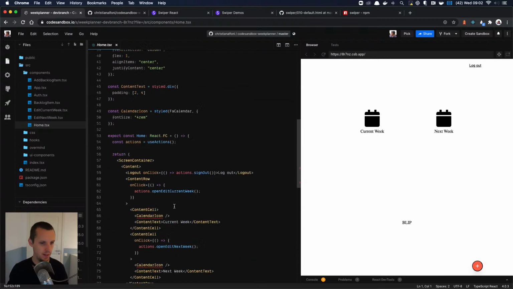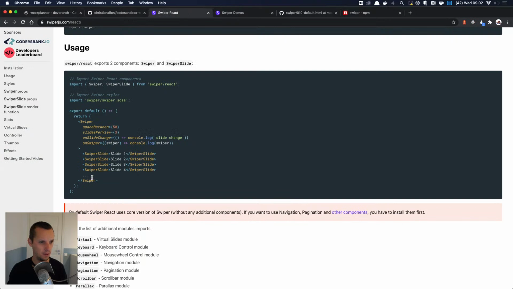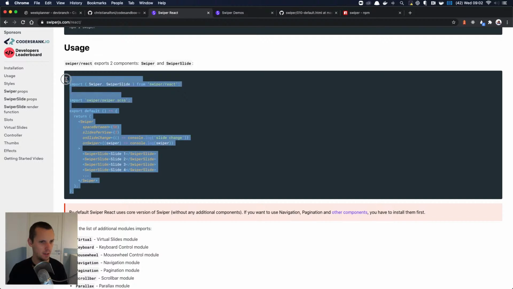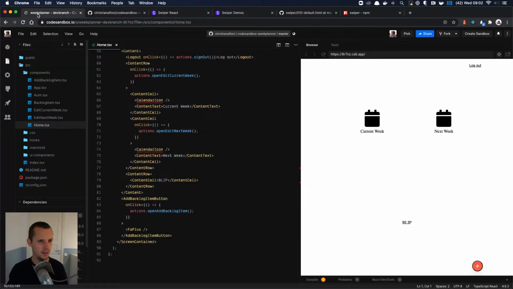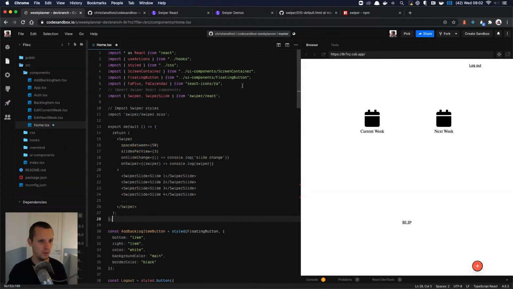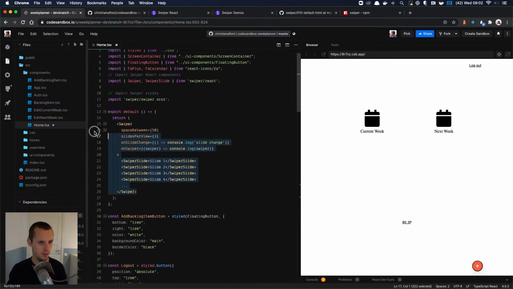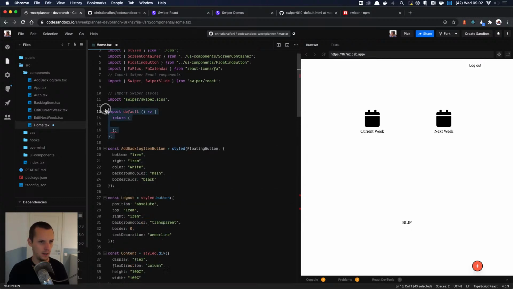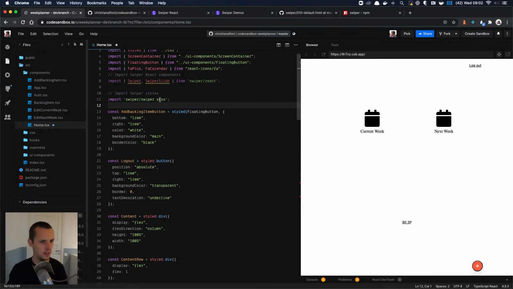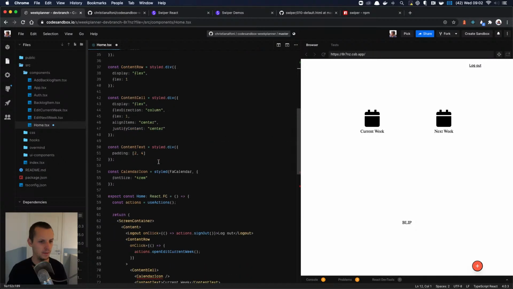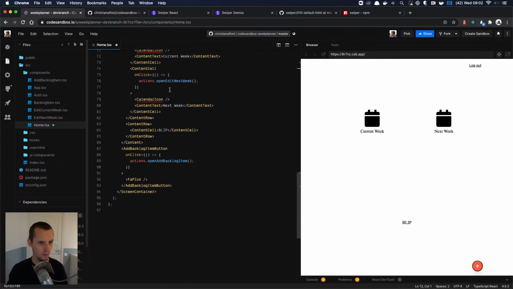Home. Let's see if we can get this swiper. Import swiper styles. Oh shit, they have swiper styles. Okay, let's see what happens. And then we have our swiper here. I think Codesandbox automatically deals with that. Where do we have blip?